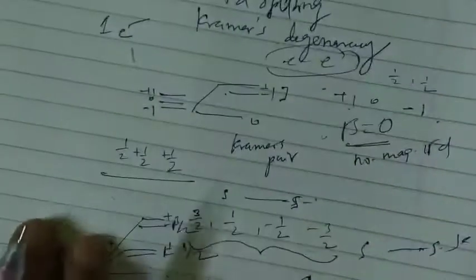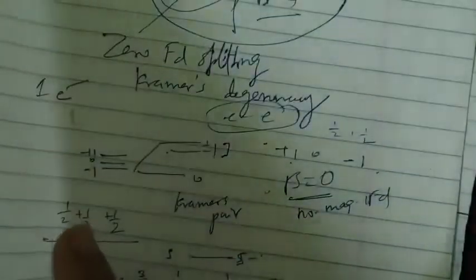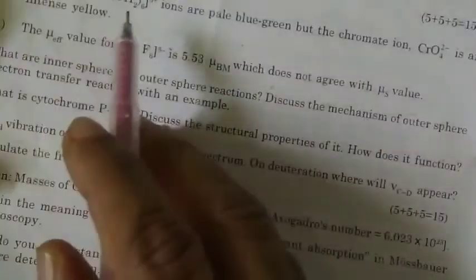So this splitting in the absence of a magnetic field, because of the electronic repulsion, internal splitting will take place here, and that splitting we call Kramers degeneracy, or the zero field splitting. Okay, so that is what you can mention here. I think this is more than sufficient. Next, we have now completed your question number 5.